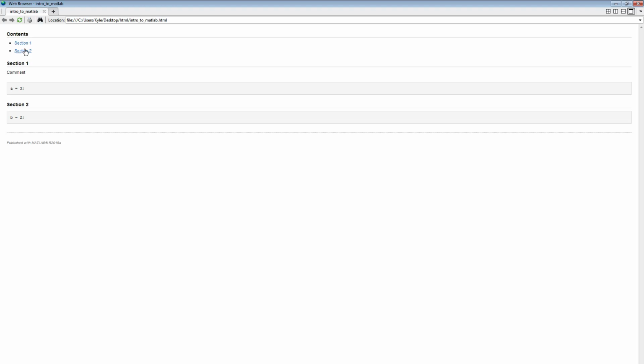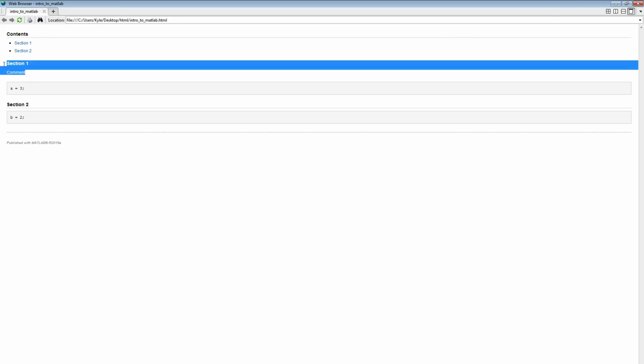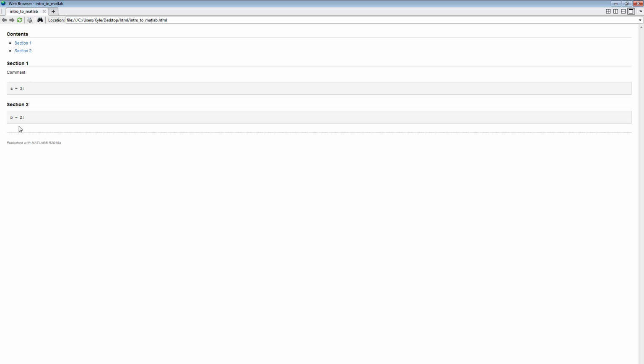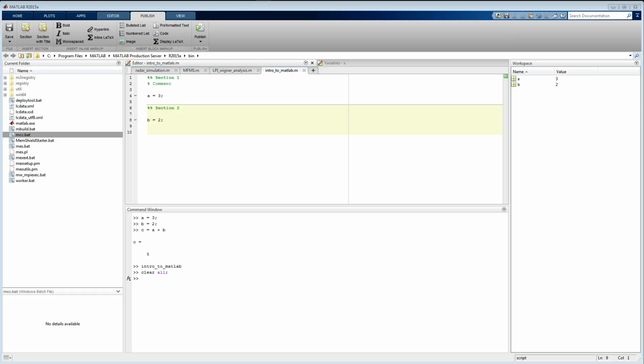But when I click publish, it actually takes my information and turns it into essentially a document and help file on everything I had. So the sections become section links here, and the text which was commented just below the section ends up appearing as normal text there. The MATLAB code and any figures. And to give you an example,